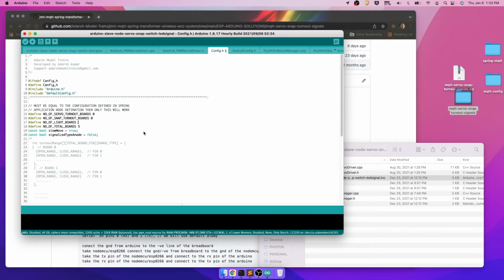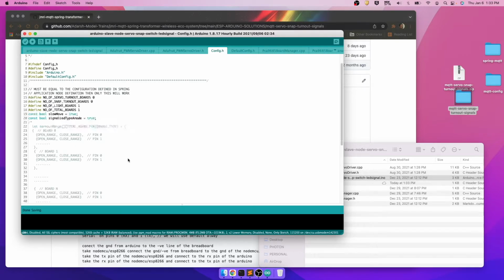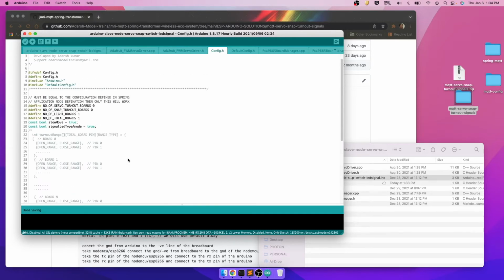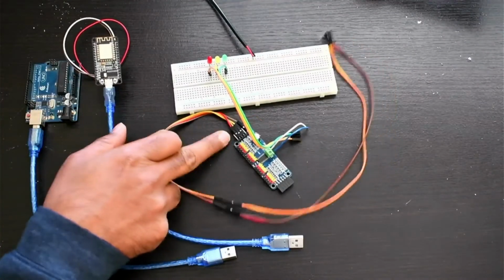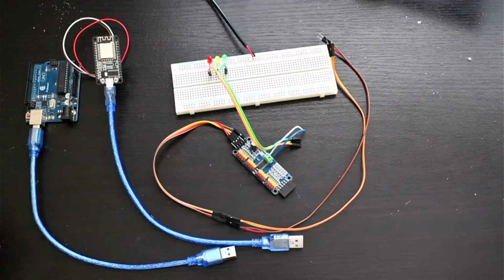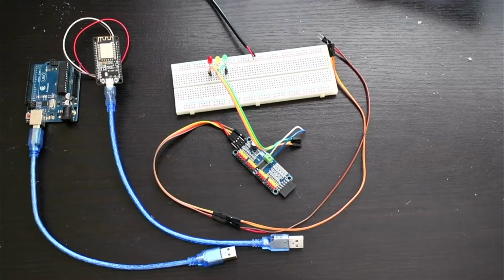Light board we have to configure 1, and total number of boards should be 1, and signal type is false, so just make it true. Anode base true, and all these other things are not required. We need only one light board. Every PCA9685 board, if you see, has 16 pins, and a 3 LED signal requires 3 pins out of that. So a total of 15 pins can be used, and 5 3 LED signals can be configured on one PCA9685 board.